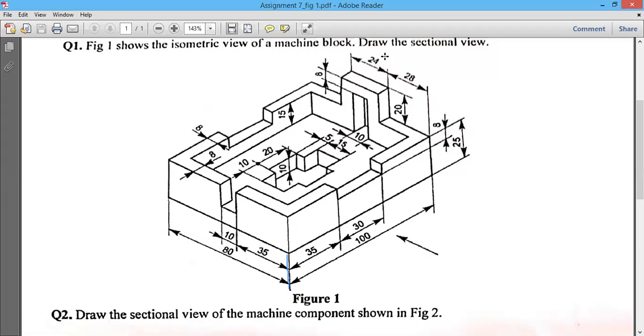But in the question, what is given? Draw the sectional view. That means you need not draw the total section for all portions. How to create the sectional view? If I draw a line, and with respect to that line, one side is the mirror of the other side, then only it will be the sectional view. That means if I cut here throughout,